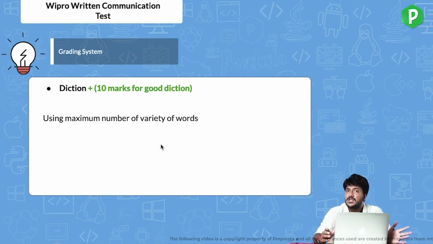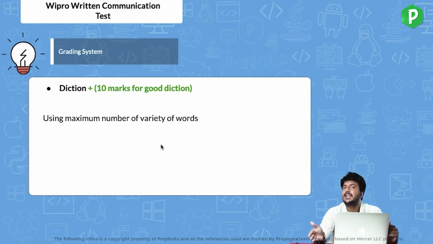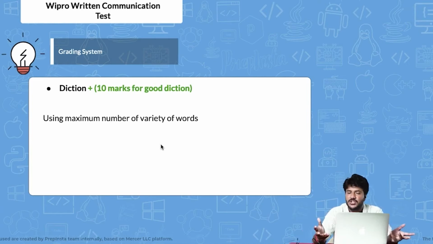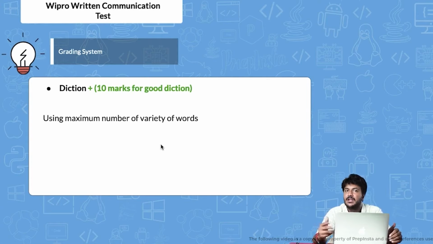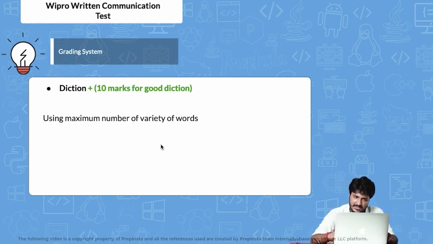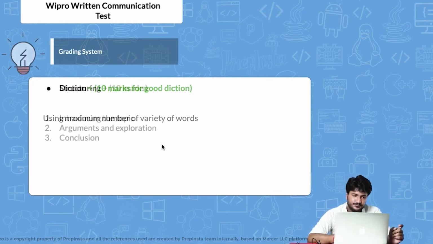You can use simple words which are unique, which have not been used in the paragraph, and in that case you are going to get better marks. It is not that fancy words are the only thing that will give you better marks. Obviously you may end up using fancy words to increase your diction, but you should be sure about the spelling. So what I would suggest: write the whole paragraph, then reiterate upon it and edit it, and then probably you can use synonyms of a particular word to increase the variety of words that you have.